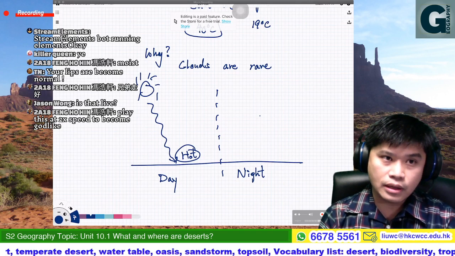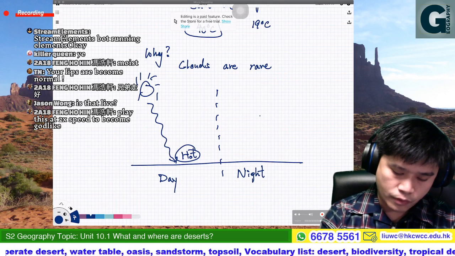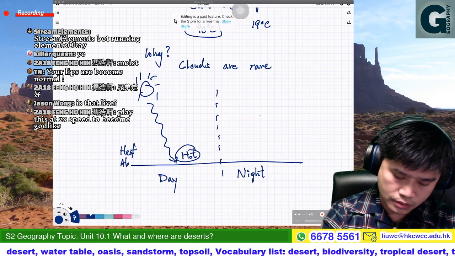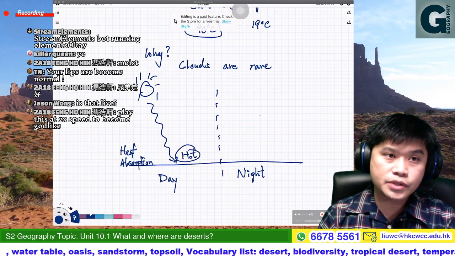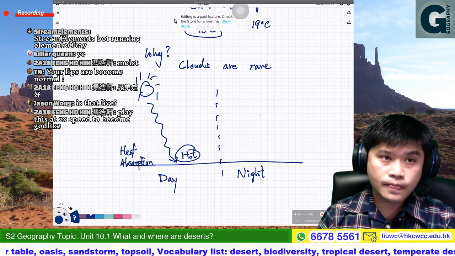Like the case we mentioned for the monsoon, that would be the heat absorption. The heat absorption would be very fast. And then,